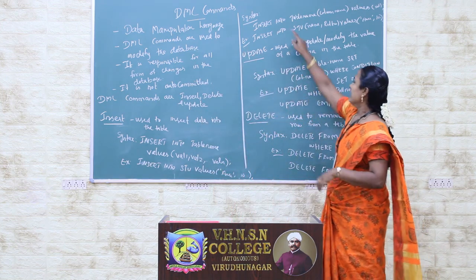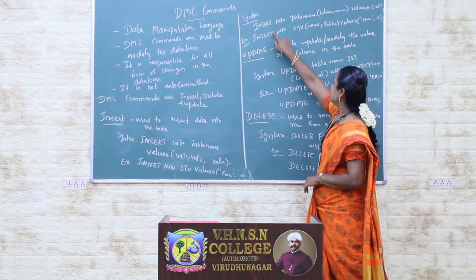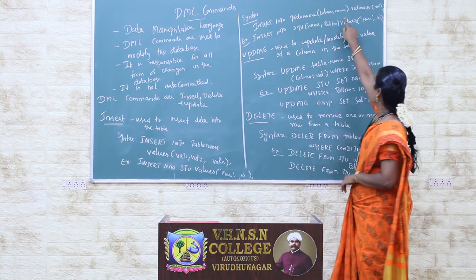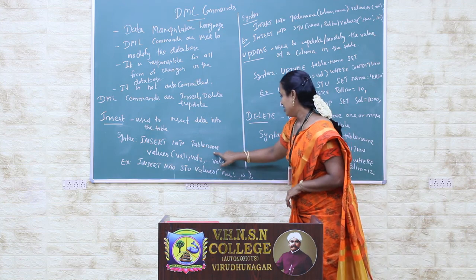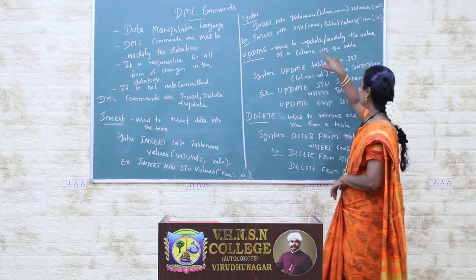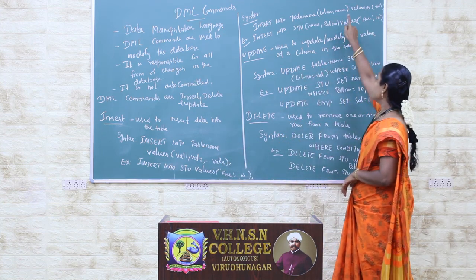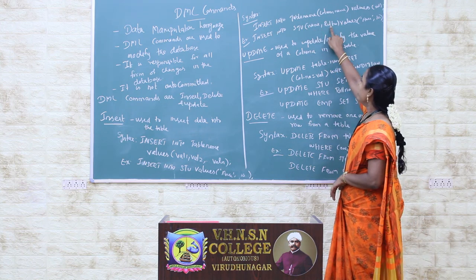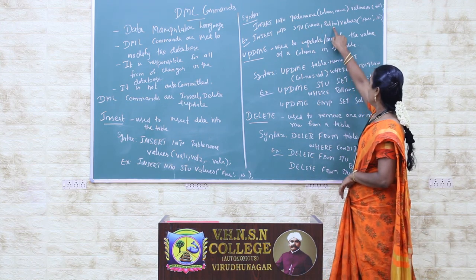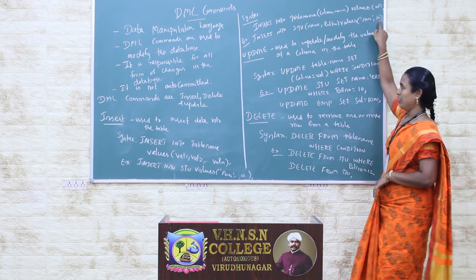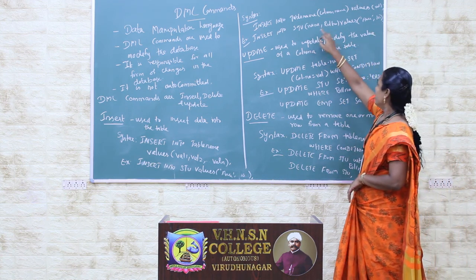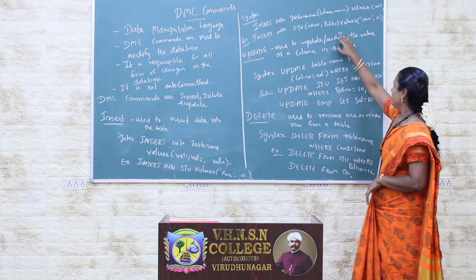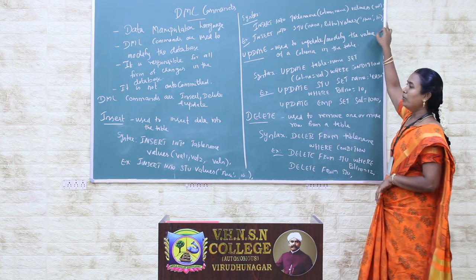In this syntax, the insert query is: insert into table name, column names, values, then the set of values. In the previous one we are not adding any column names. Whenever you want to specify the column names, they are the columns specified in your table, and along with the column names you can make the insertion. Keep in mind that the sequence in which you created the table is the sequence in which you give the values.